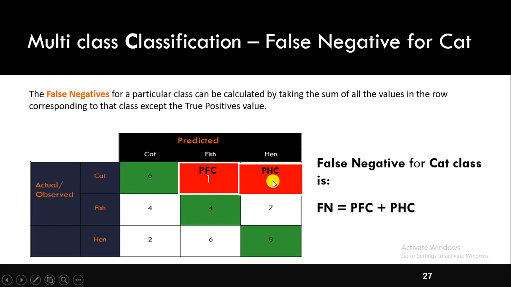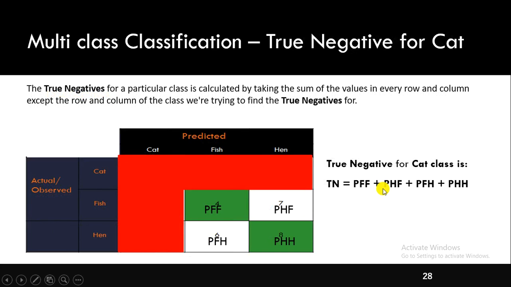This row is meant for the actual values of the cat class label. But the model wrongly predicted them as non-events, which is nothing but negatives. Hence, it is a false negative. You need to add these two values to get the total number of false negatives. This is how we need to do it. And next is true negative. We know very well this is the false positive, this is the false negative and this is the true positive. The rest of the values are true negatives for the cat class.